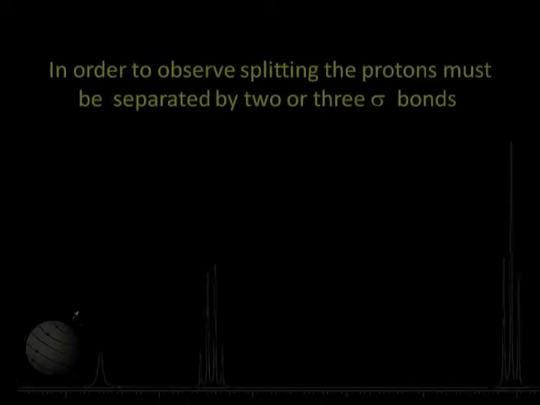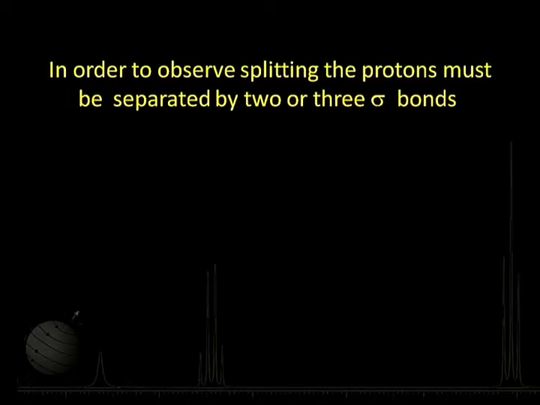So this kind of spin is aligned with or against the field, so it will have the same influence. If I change the field also, it will make the same influence onto the field. It will decrease or increase the field by the same magnitude. So the two are different there. Okay. Now, in order to observe splitting, that is very, very important here, the two protons must be separated by